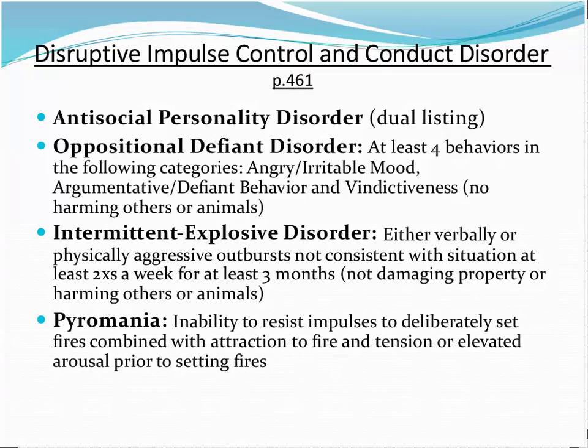However, early and intensive treatment has been shown to be effective in many, particularly with oppositional defiant disorder, when mood symptoms are more prominent than the argumentative, defiant, and vindictiveness behaviors. With oppositional defiant disorder, the severity is determined by the number of settings in which the symptoms are present. So an individual may be diagnosed with symptoms presenting in only one setting, such as home, but their diagnosis would be rated as mild. The more settings where the behavior is present, the higher on the severity scale they go.